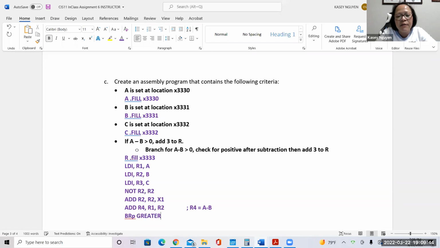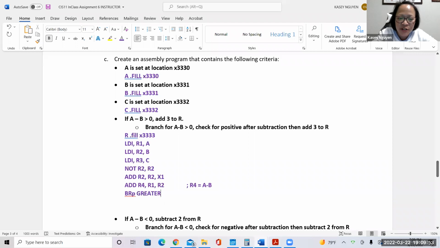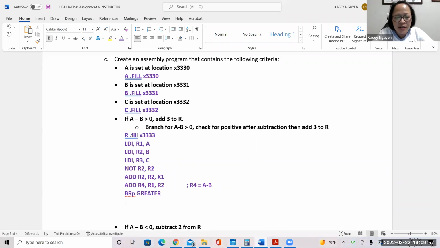And I can say greater or something like that. And because it's branched to greater, then we can send it to the grader, which we'll just put on the same line. We need to add, so